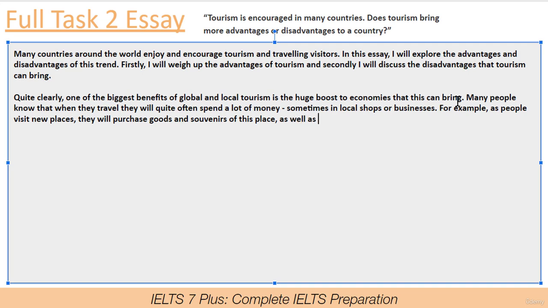As well as, so let me just check this structure now. I'm adding quite a lot of commas. Remember, often simple is better. For example, as people visit new places, they will purchase goods and souvenirs of this place. And I've added place here. What can we say instead of place? New locations. They will purchase goods and souvenirs of this place, as well as using local